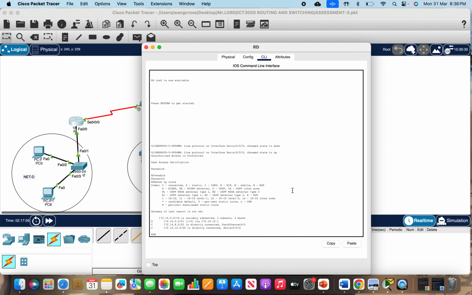So you can see the static routing here, and if we go here, you can see this R, which will be for your